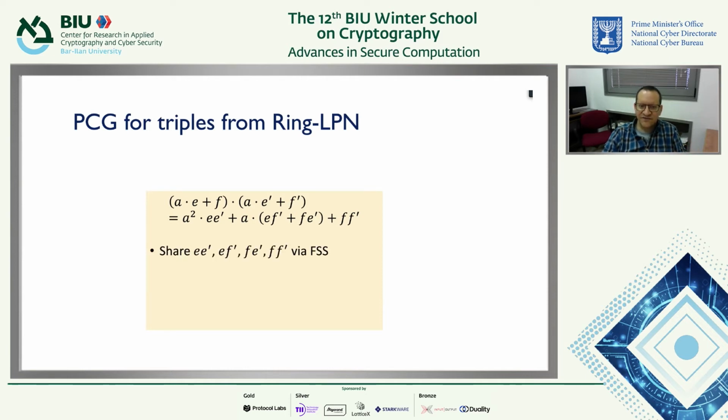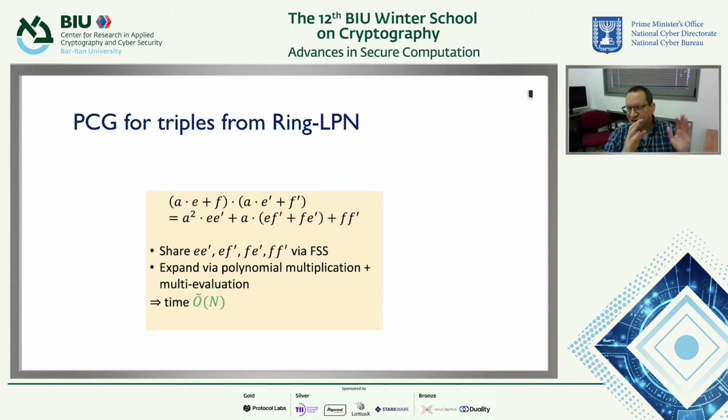Okay, so we do them via FSS. Okay, and then we can implement the local evaluation expansion in quasi-linear time by using FFT techniques for polynomial multiplication and multi-evaluation. And overall, we get quasi-linear time of generating, right? So the seed length is logarithmic and evaluation time is quasi-linear. Okay, and security is based on the splittable version of the ring LPN assumption. Splittable because the modulus polynomial should fully split, at least for this kind of OLE and triples